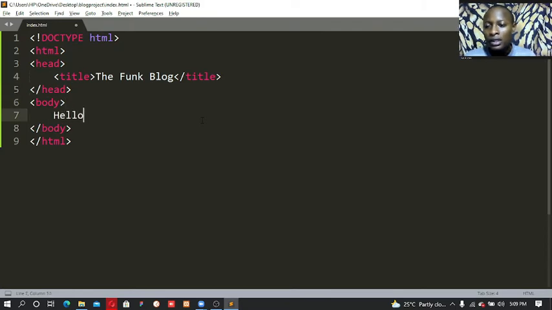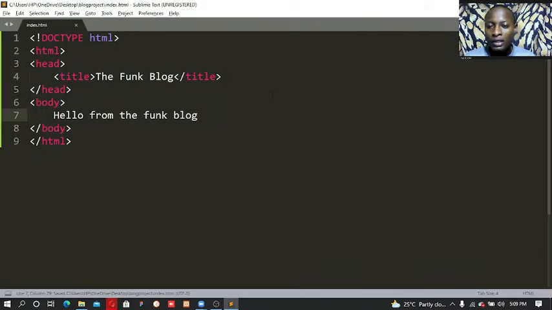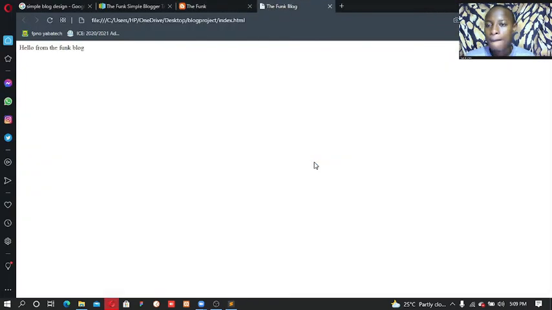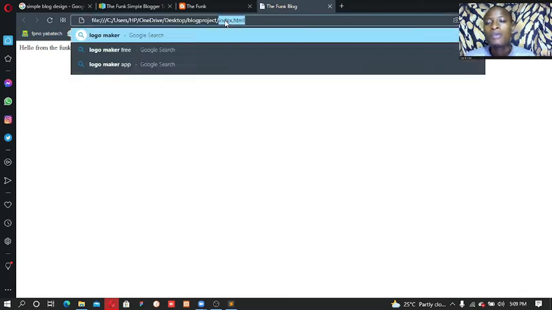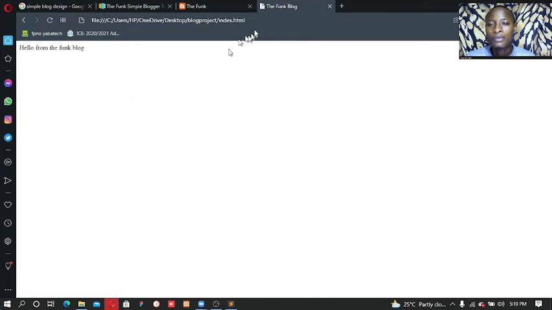So if I say hello from the Funk blog, and right click and say open in browser, okay, we have hello from the Funk blog. You can see that we're having index.html here. But if I delete this and press enter, you can see that we are seeing all the files under this directory, under this folder. So if I click the index file,